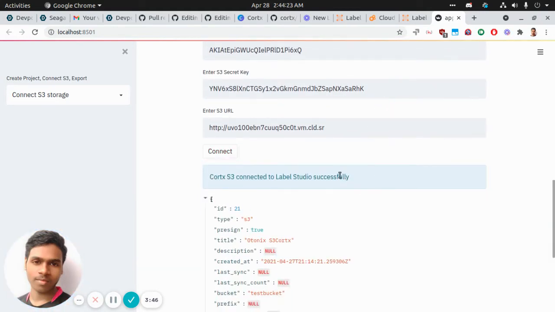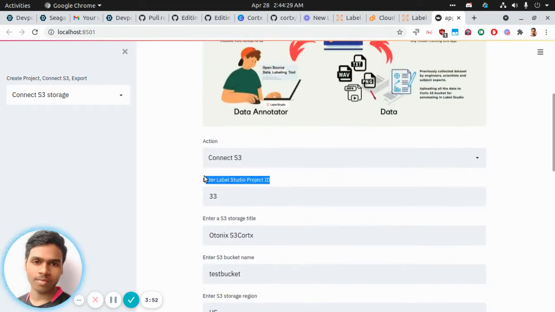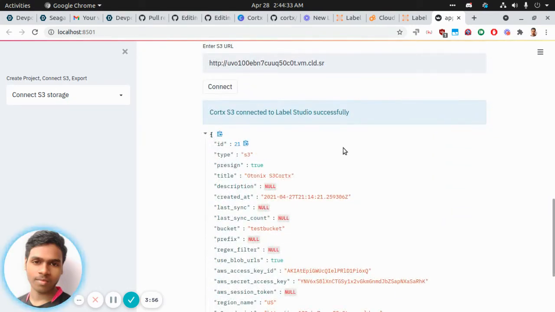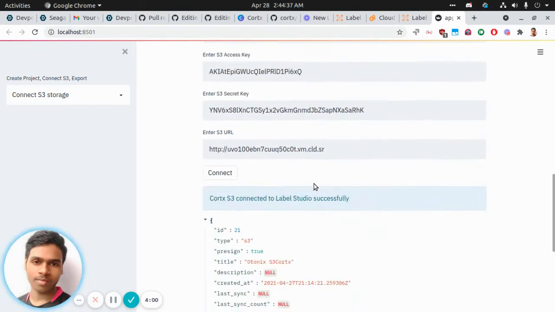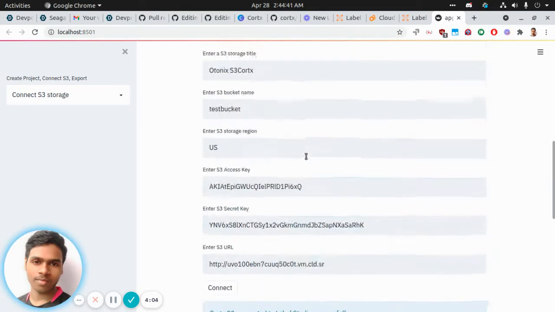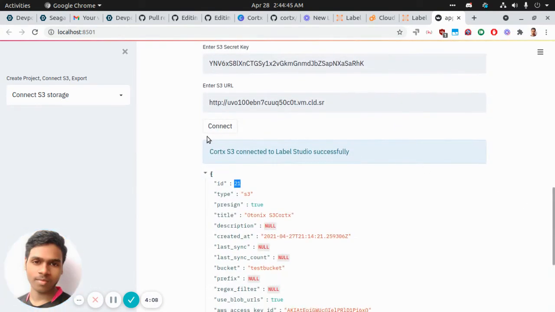You can see it's connected. This ID is 21. This is the ID for our Label Studio storage, not the Label Studio project ID, and these two IDs are different things. This one is the project ID and this one is the storage ID. You see 2136 because I created it many times, so the numbers keep increasing.